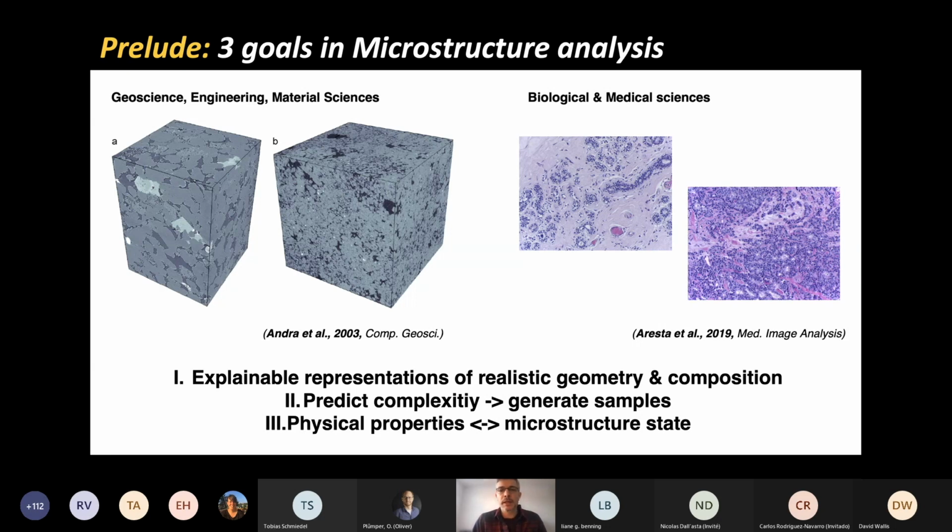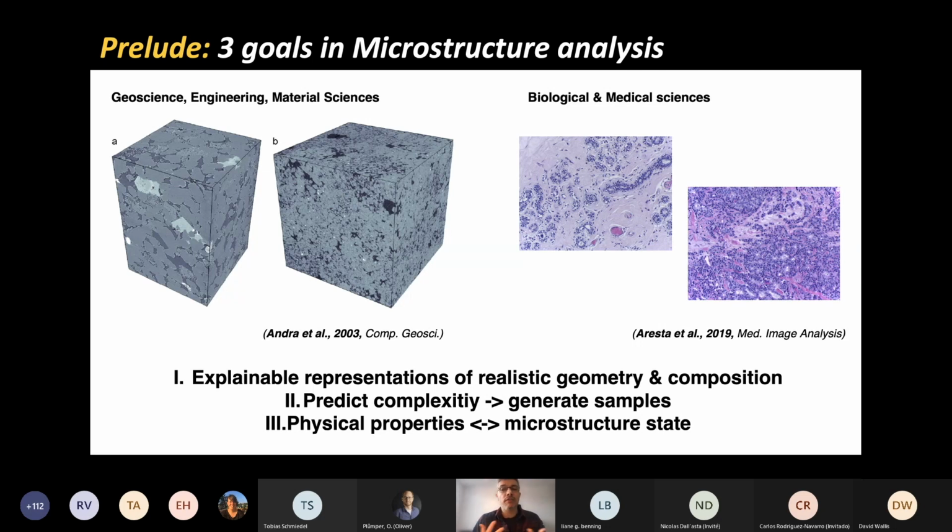And the third problem here is to relate these structures or things that we see at some scale, whatever that scale may be, and bear in mind that the techniques we're talking about here can be used from the scale of nanometers to satellite images. Okay, so these are not scale-dependent approaches. So we would like to relate them to physical properties, and I'll talk more about that when we get there. But this is related, for example, someone asked in the chat, oh, how can we get this microstructure information if we're in very high pressure and temperature experiments?